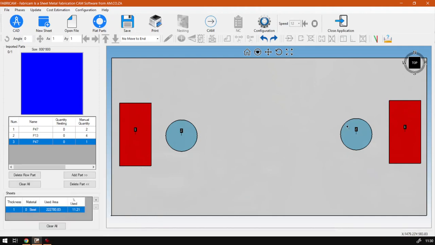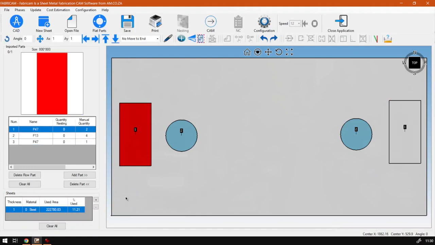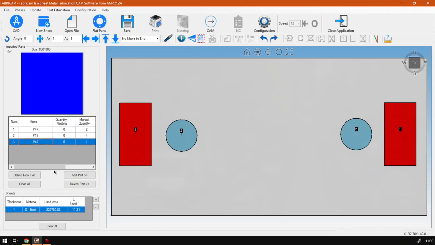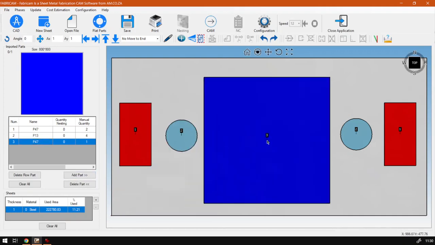Let's say I grab one of these blocks, then if I delete the part, we will see that value change. It's a bit small, so I don't know if you'll see it, but as you can see, they went from 222 to 142. So we can simply just add that part again, and then next to that we've got the used. Now if I had to add, let's say quite a large shape, we can see this number change. So I'll go add part, throw it in there, and then we can see